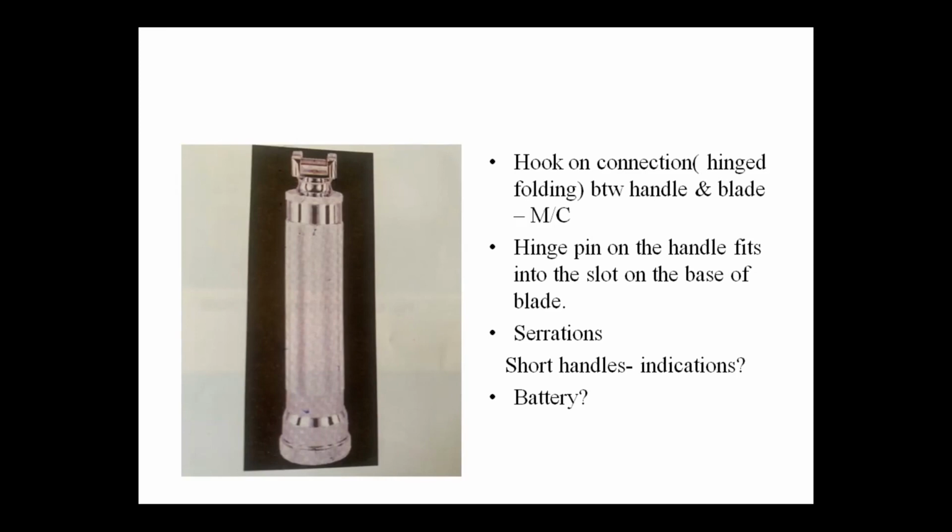Now, some examiners I have seen are fond of asking which battery. Like this handle, we use 2 C-type batteries of 1.5 volts. You must have seen the pediatric pen light handles. They use two AA size batteries of 1.5 volts. So these are the questions which can be asked about the handle. Now, there are some short and stout handles which are indicated in obese patients with a large breast, or where cricoid pressure has to be used. They are more useful in those situations.